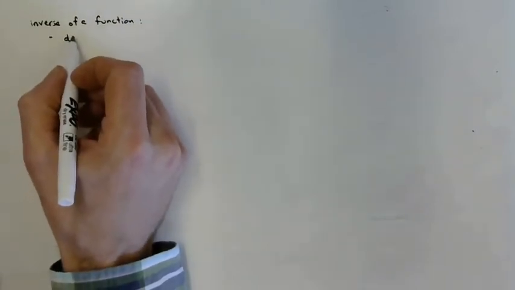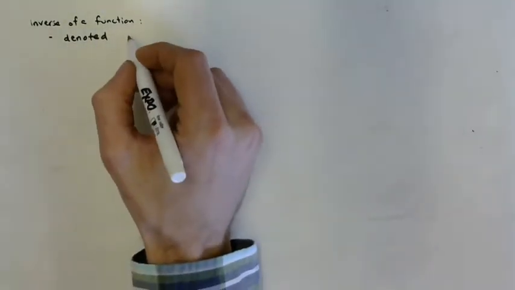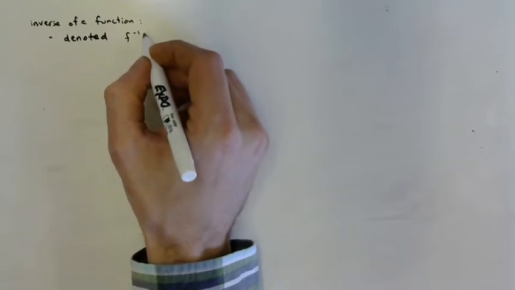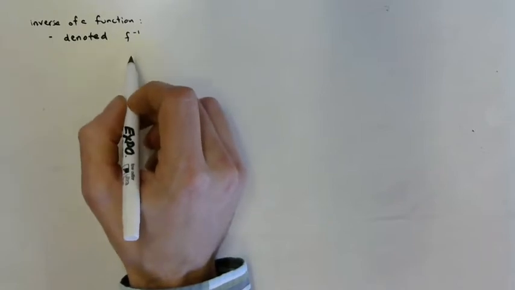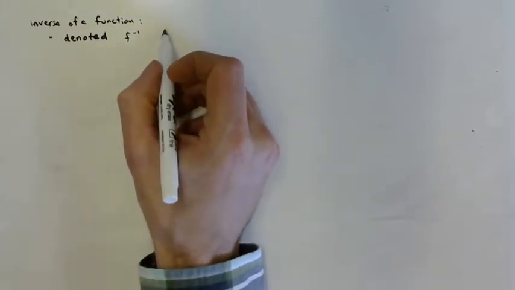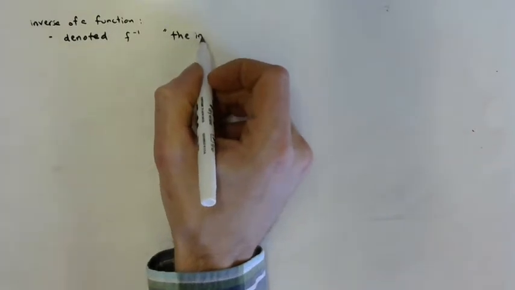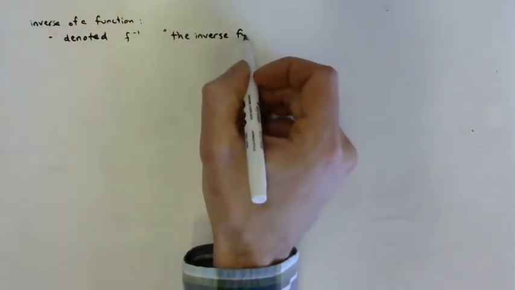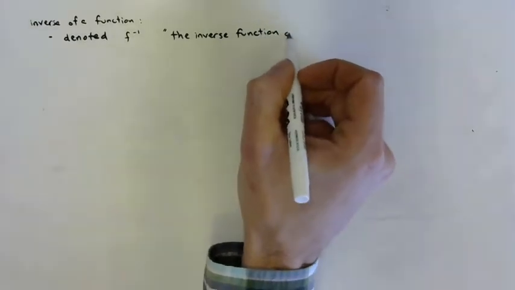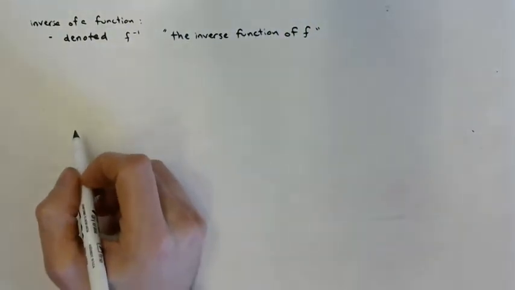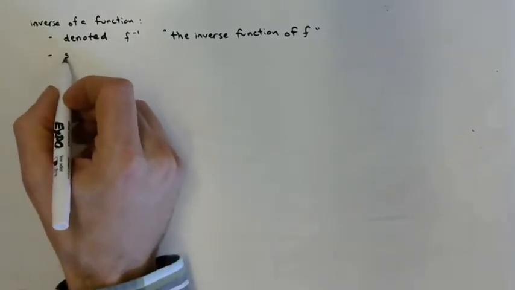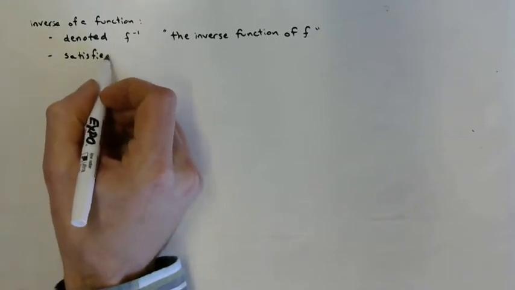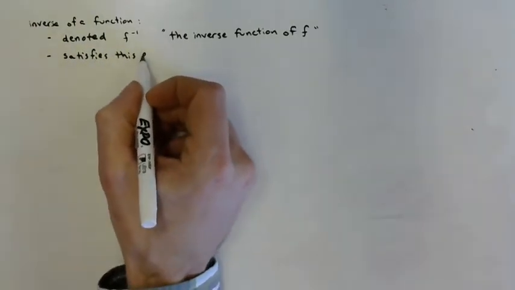Couple things. Number one, it is denoted. That means this is the symbol that you use for it. It's denoted f to the power of -1. This is called the inverse function of f. Denoted f^-1, this is the inverse function of f. This is the property that it has. It satisfies this property